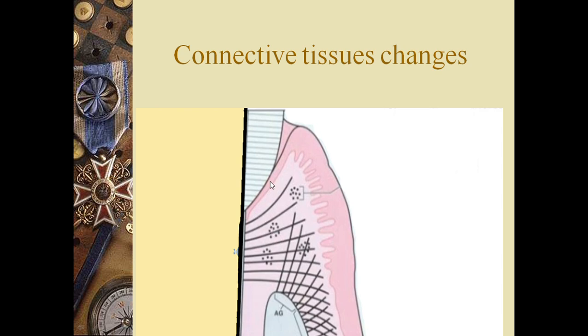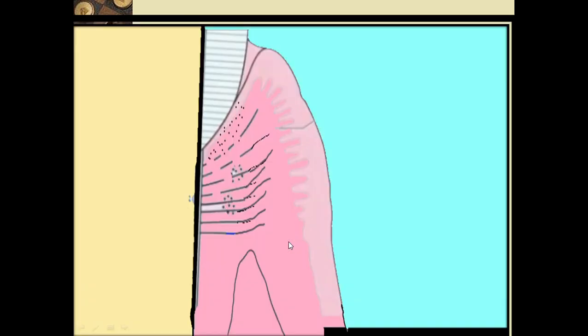So because of the increasing number of bacteria and neutrophils, the neutrophils and bacteria will liberate matrix metalloproteinase, which I have already explained, which leads to breakdown of collagen fiber. These collagen fibers will be broken down, and because of this the junctional epithelium will move apically, and slowly deepening of the sulcus will be there, and hence pocket formation will be there.